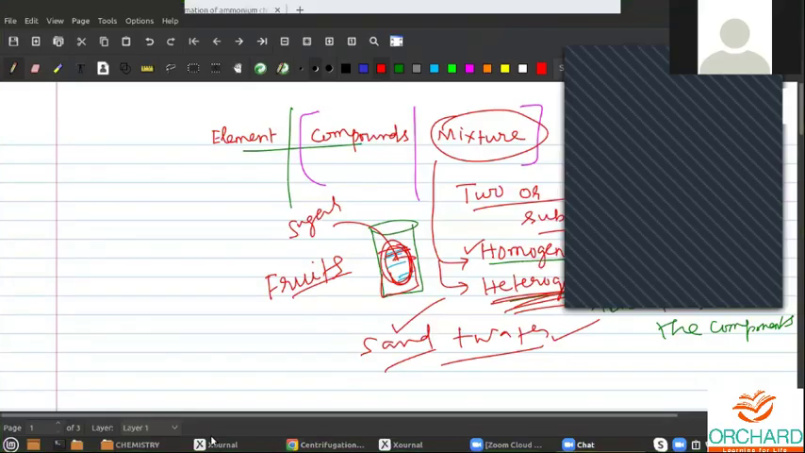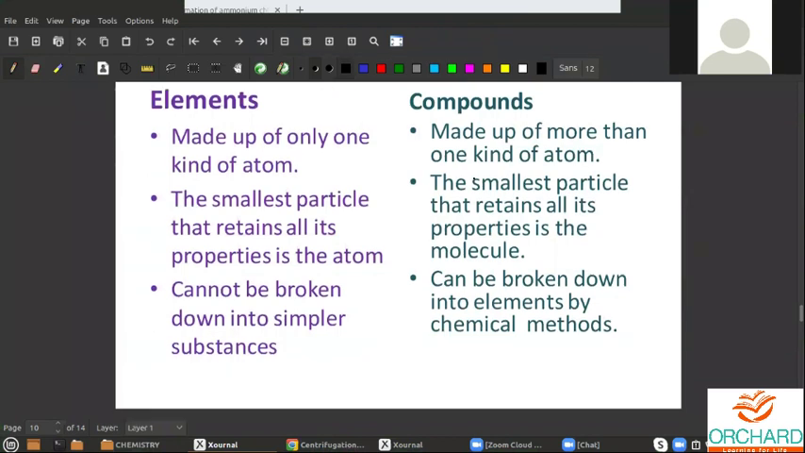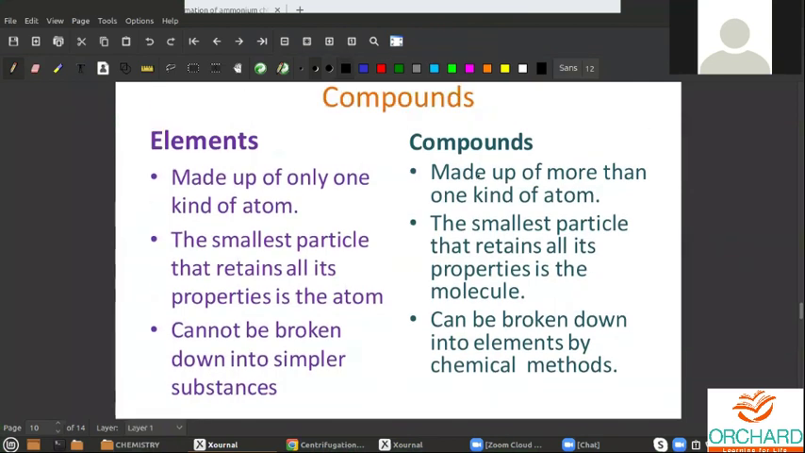Now you have understood what is homogeneous, what is heterogeneous. Okay, and also now let us see the difference in homogeneous and heterogeneous mixtures. Okay, so first of all, we have to learn about the difference between element and compound, and then we shall pass on to compound and mixture, and then we will learn about the difference between homogeneous and heterogeneous mixtures. Okay, so first listen,